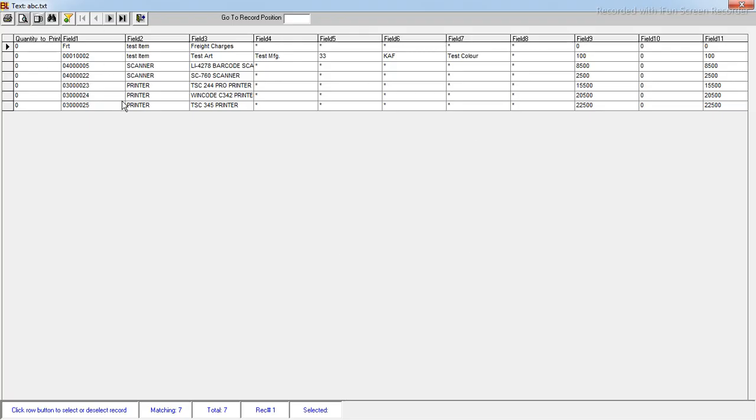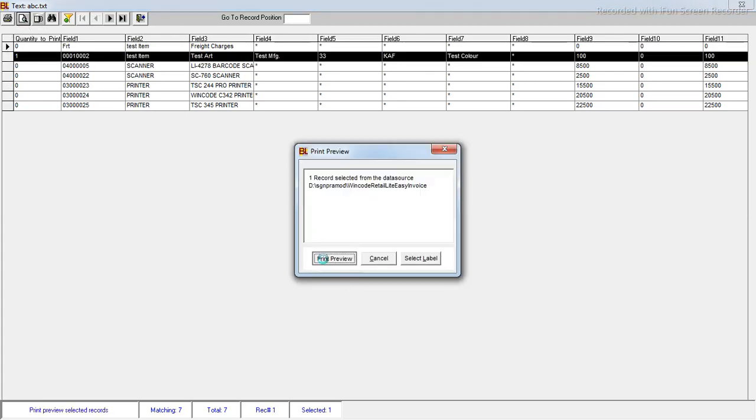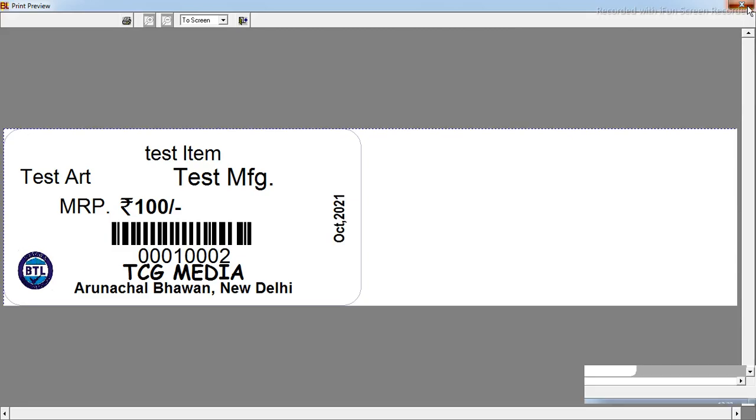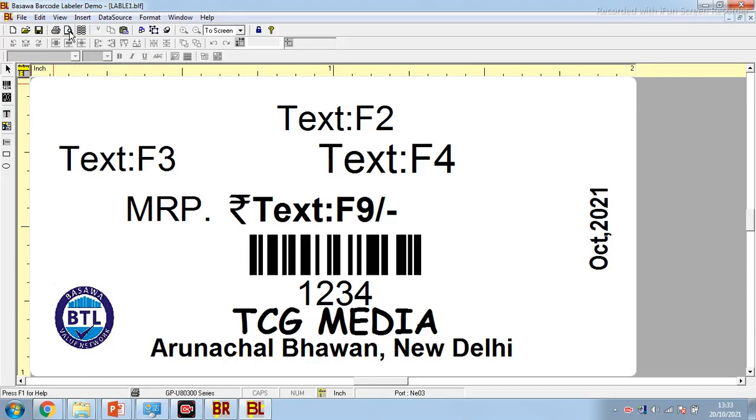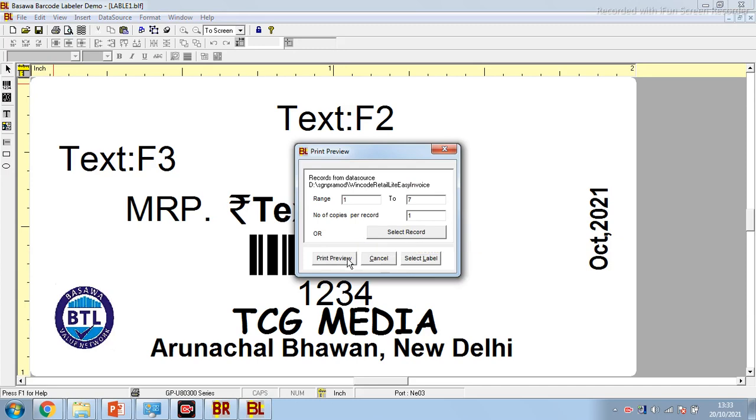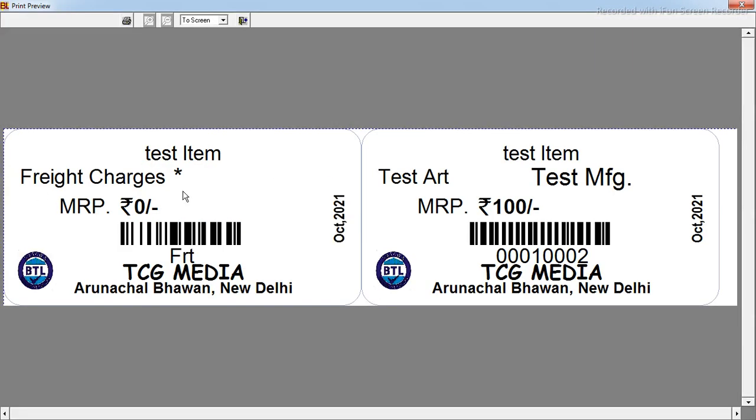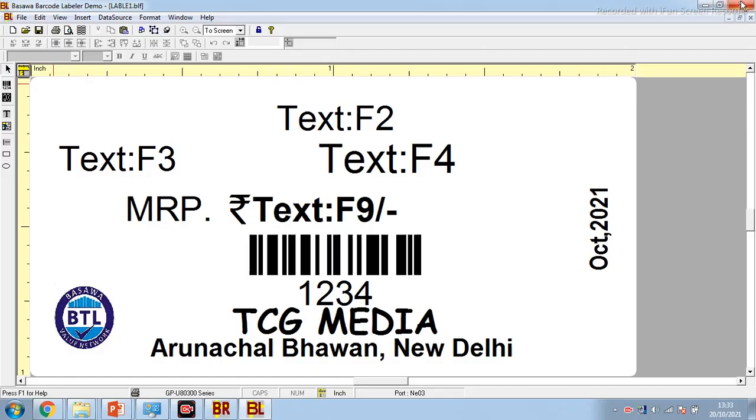It is showing you have entered 1, 2, 3, 6 items here. You can print any one. Suppose I print this. Test article. Okay, and then show print view is showing the one item. If I click view and then press print preview, it will show the first 2 items. Okay. Now this is how we can print barcode.